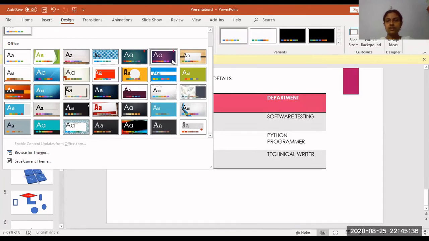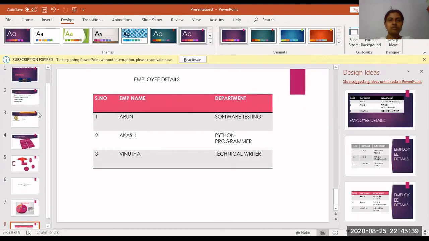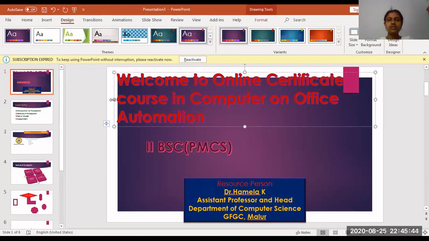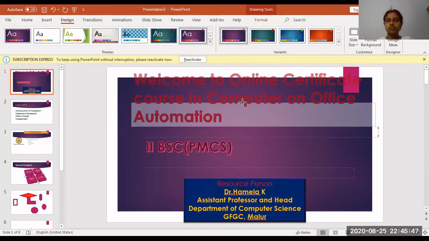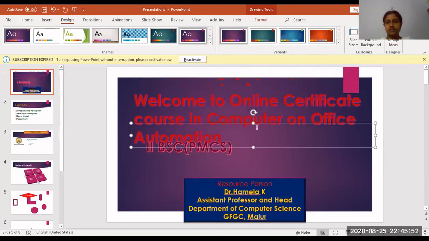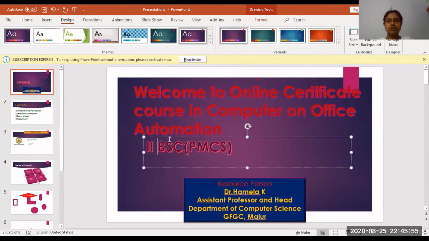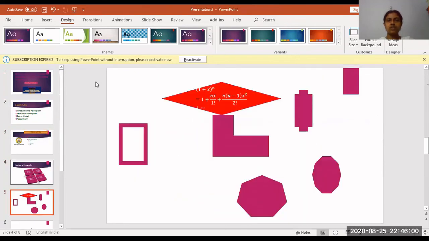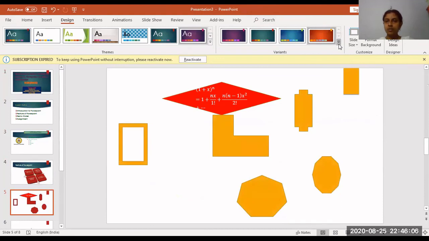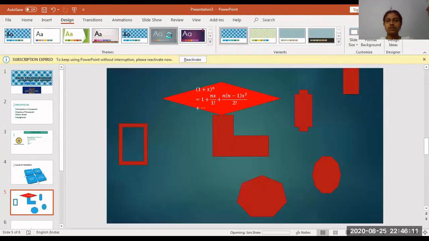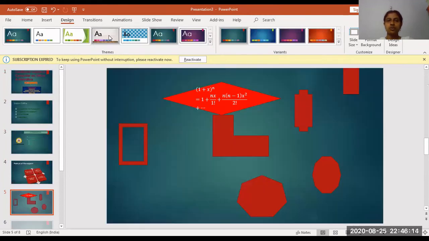So I'm selecting this background. See, from the beginning, if you observe, all my background has changed according to the background which I have selected. When I want to adjust this to the middle, you can do that. Whichever background I select. No, I wanted something in green color. I want this color, or I want some more options. I can select the colors. I don't want this background, I can change to this background. I don't want this background, I can change to this background.